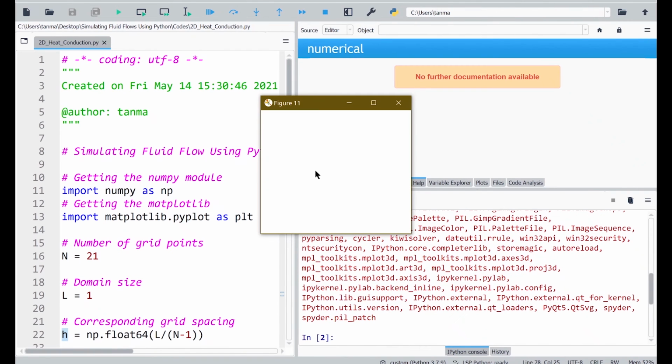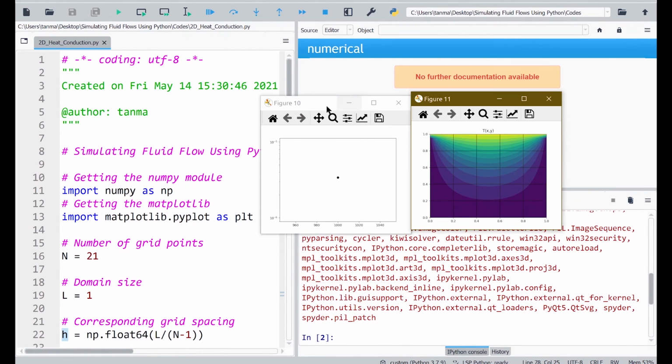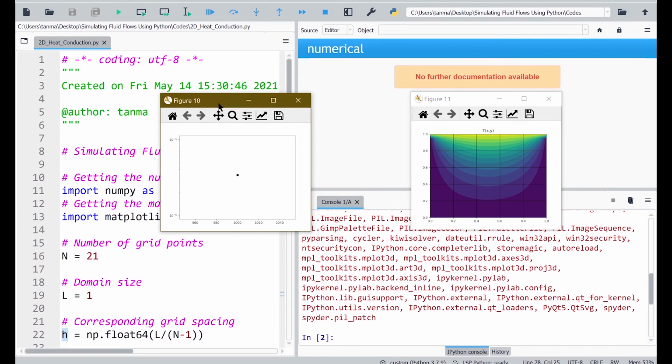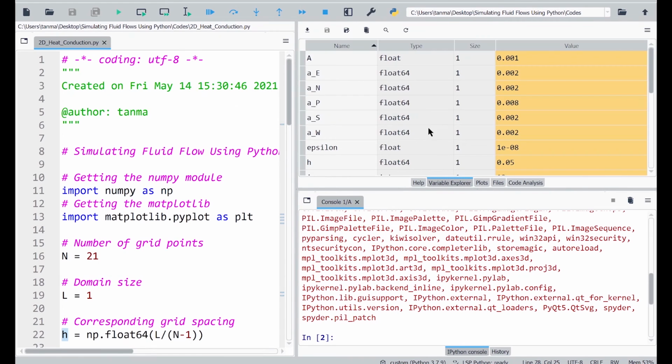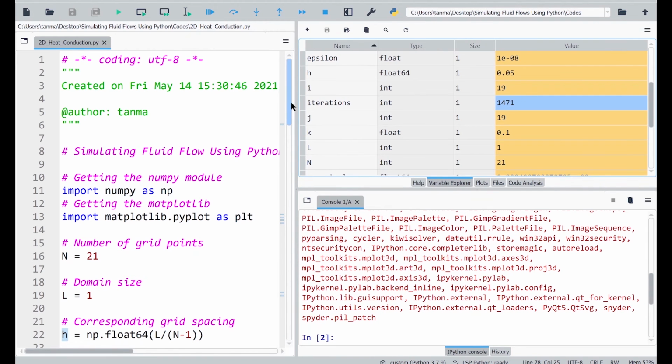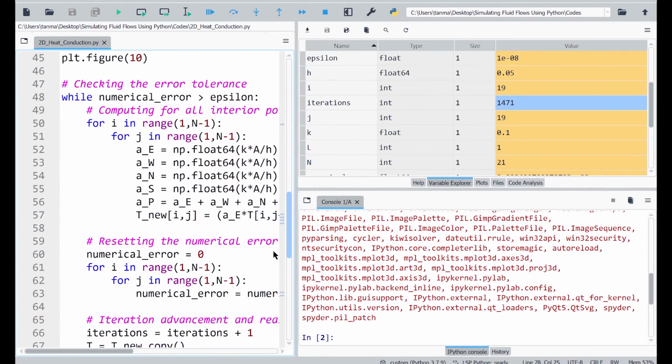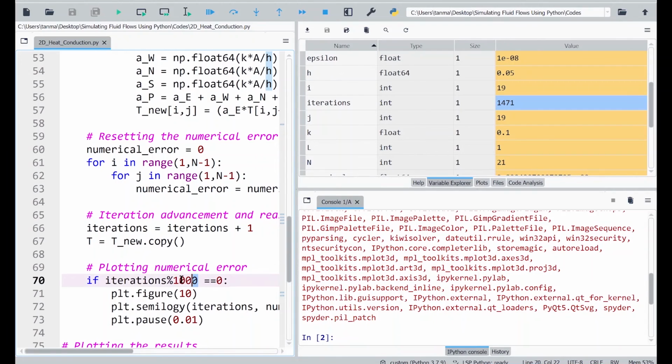Here it only plots one particular point, and to understand the reason we have to go to the variable explorer, and in iterations you can see that the code converged in 1471 iterations, and because we had put this statement that the iterations would be divided by 1000, it happened only once.